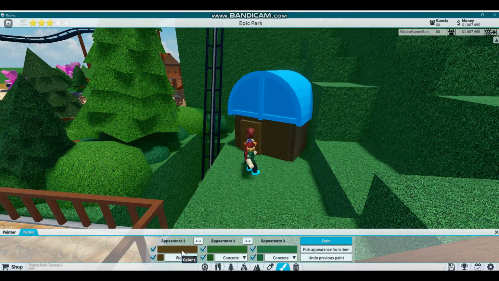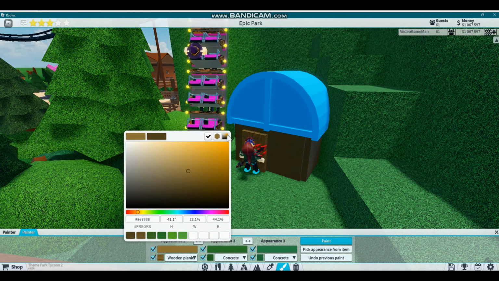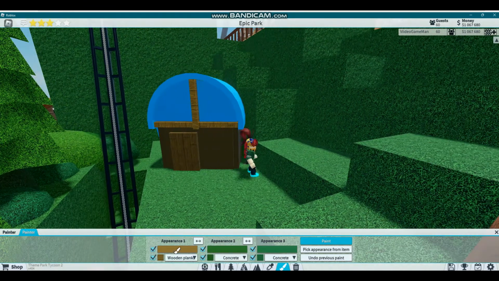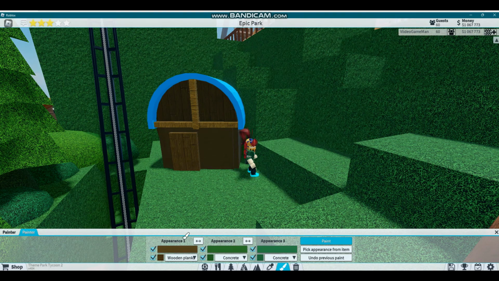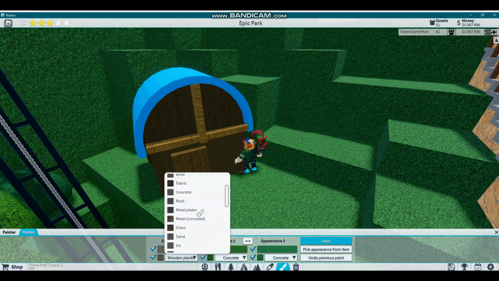And now we should also probably do... no, not concrete. Let's make this a little bit lighter, and then we can make these cross beams like that. Very nice. And then if we just go back to this color, pick that for the inside part. And then finally, I think we should actually go with a stone roof. So let's see if we can pick a